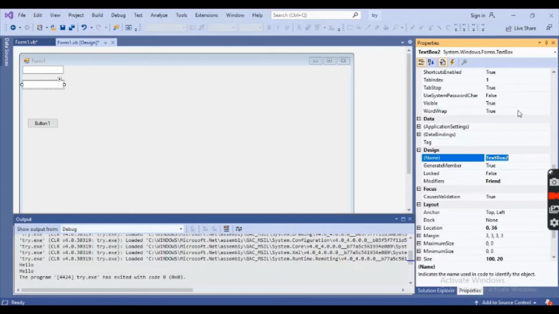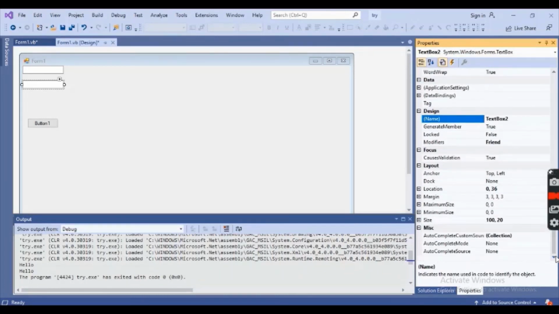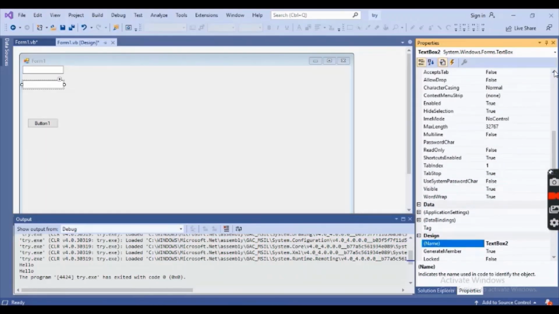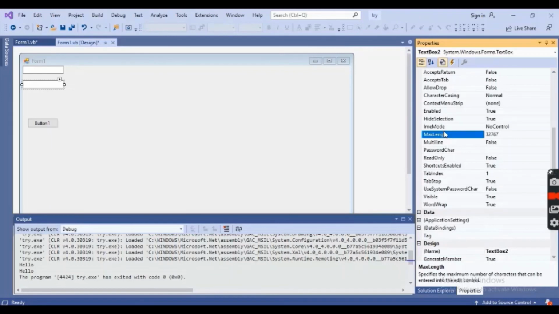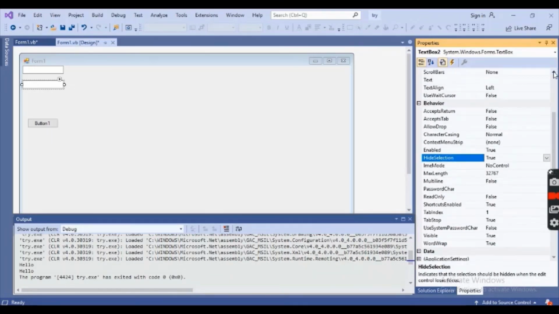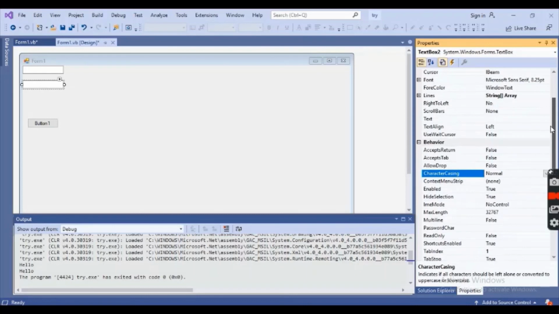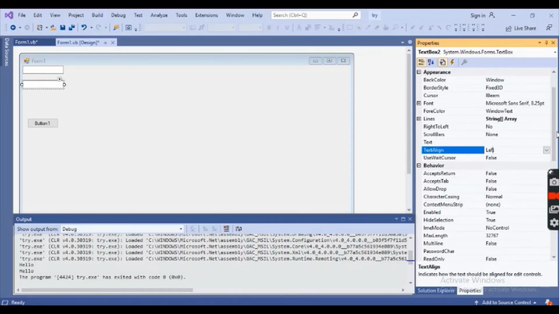There are so many values that you can change. You can change the size, and you can change the name, and there are so many things: multi-line, maximum length, height, character casing. You can change to uppercase, lowercase, and so on. You have so many options to do here, such as text alignment, and many more.